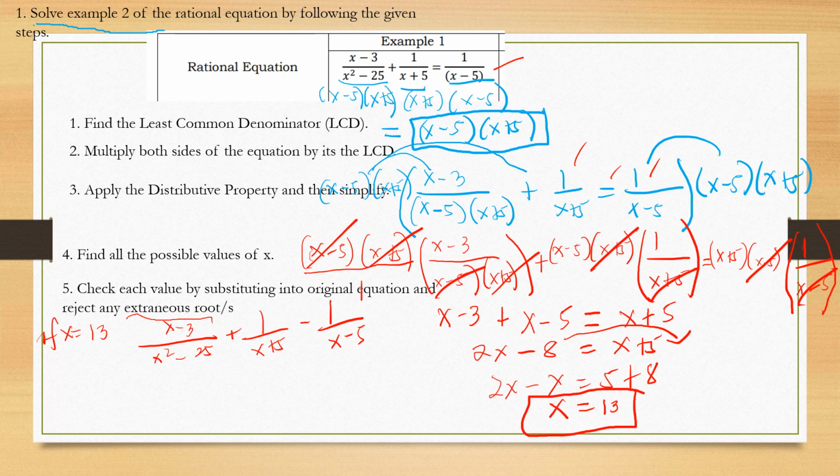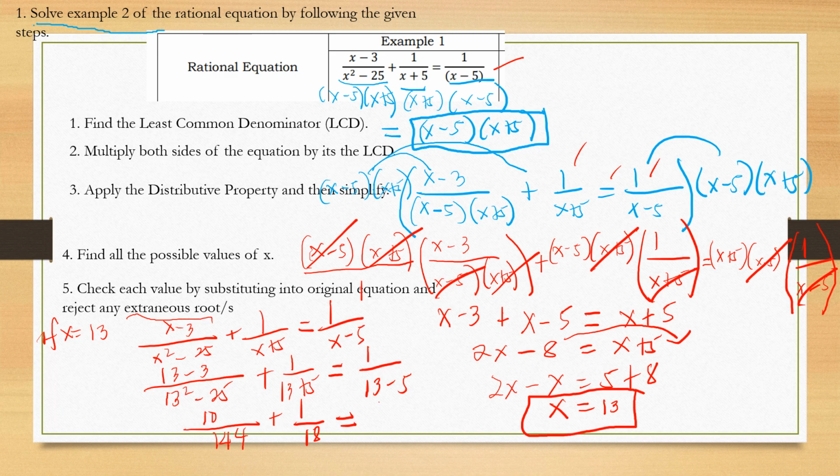Okay, then substitute 13. 13 minus 3 over 13 squared minus 25 plus 1 over 13 plus 5 minus 1 over 13 minus 5. So we have here 10 over 13 squared is 169 minus 25. So we have 144 plus 1 over 18 minus